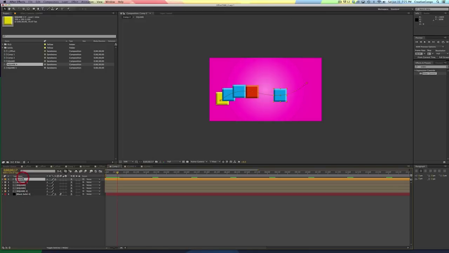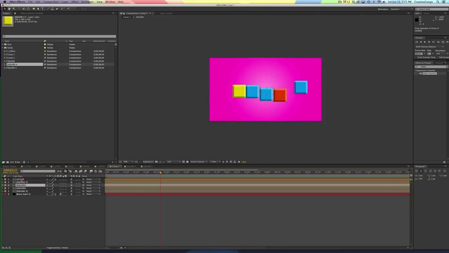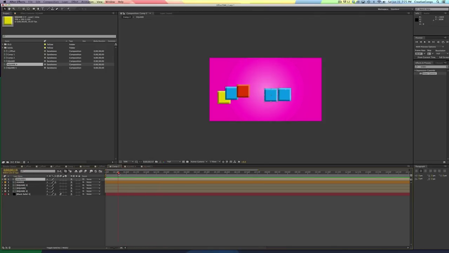If I move this to the top, then the timing gets changed a little bit. And the thing is, if you move these around, you can affect the way they look and the way they randomize on top of each other. All right,